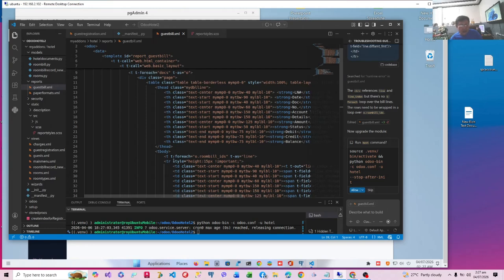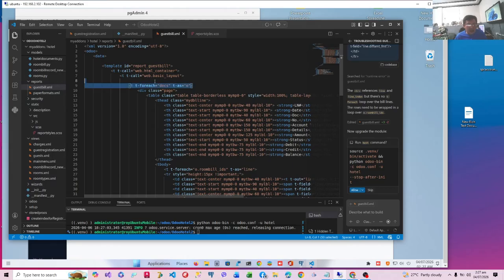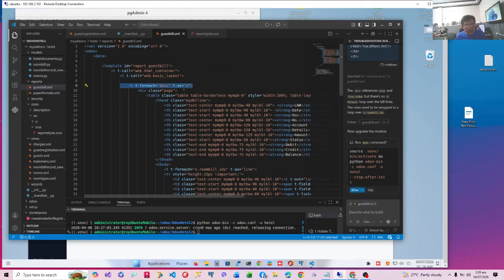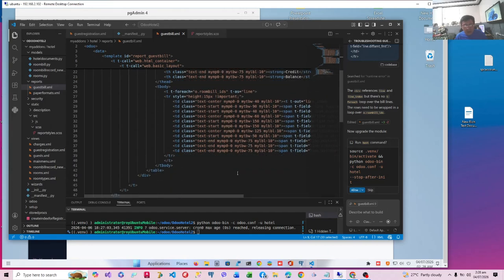The t-bills, I'm sorry, I missed one line. This loop is for the hotel guest registration, and this loop, I really forgot. It's in my original source code. So anyway, we have to do another for each. This is a nested loop because room bills is a collection of bills, as line. So I'm sorry, this is as O, this is as line. This is a nested loop. I hope you follow.